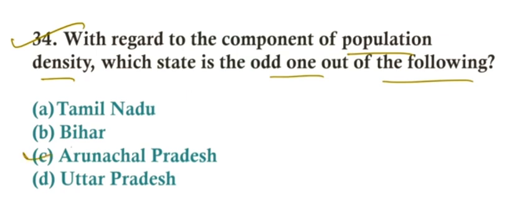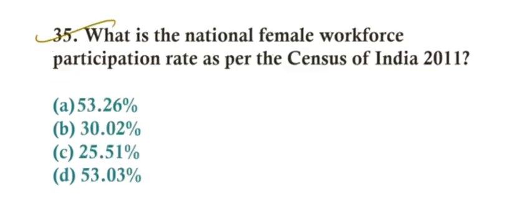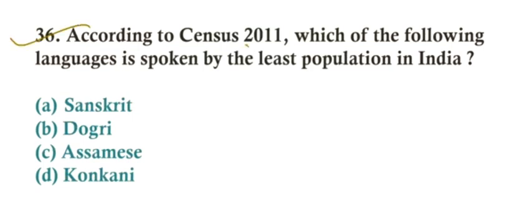34. Option number C, Arunachal Pradesh. 35. What is the national female workforce participation rate as per the Census of India 2011? Option number C, 25.51%. 36. According to the Census of 2011, which of the following languages is spoken by the least population in